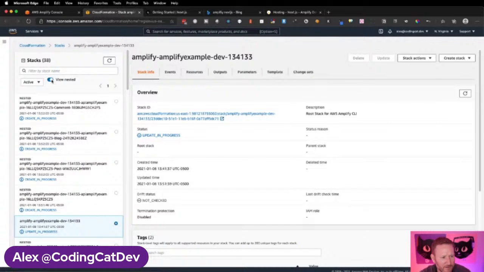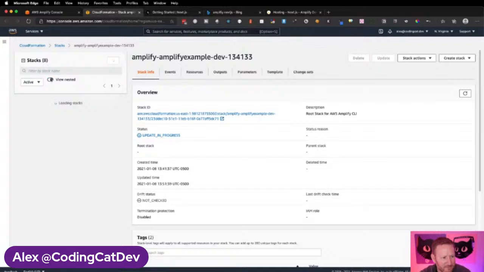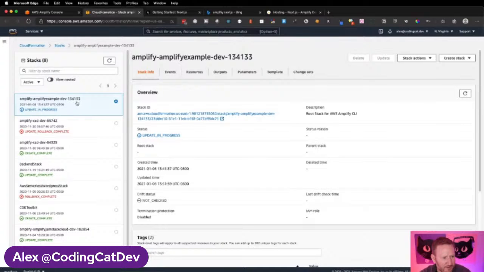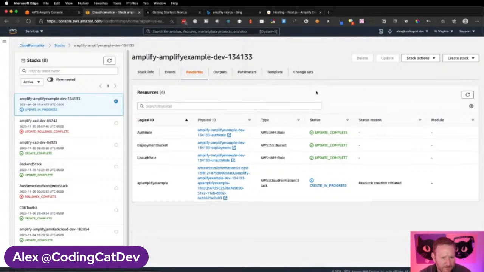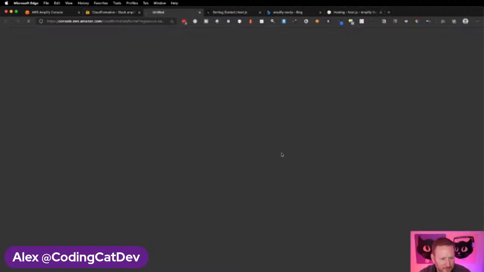And if you ever want to just drop the nested view down, it'll show you kind of the main update that we're looking at right now. So if I go to resources, you can see right here all the stuff that it's doing. So there's this auth role, deployment bucket, and then the main Amplify example that's sitting out here. And if I open that up,